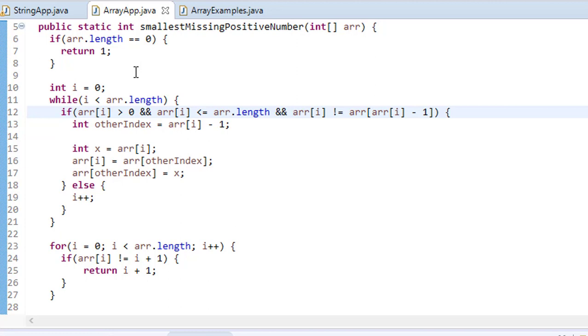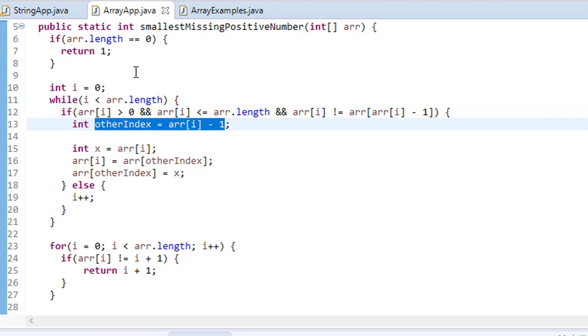And if array[i] is not equal to array[array[i] - 1], this is basically the condition that if this value is not at its actual position, then we need to swap the value, right? So how will we swap the value? This is the index where you want to put the value, and this will be the other index.